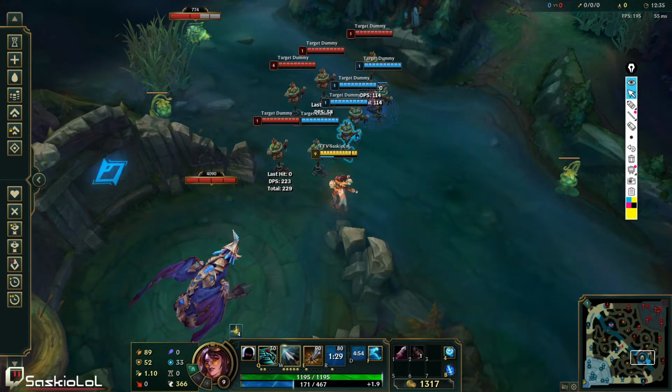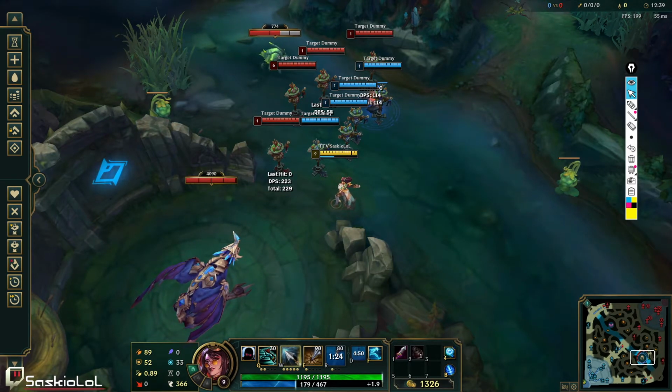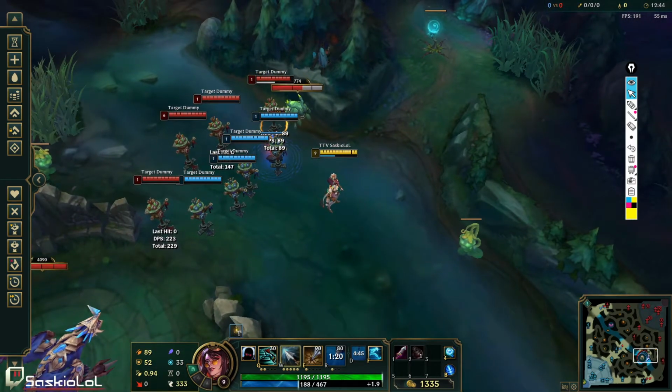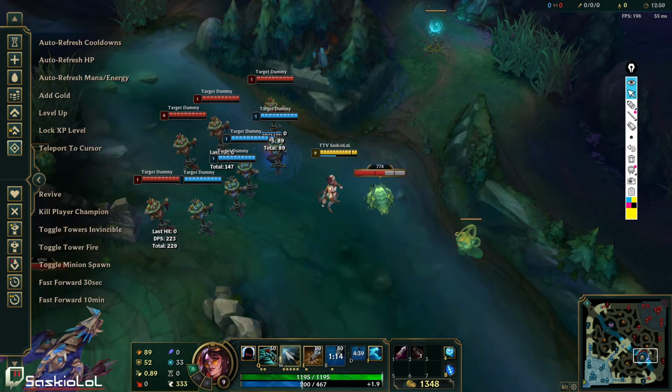Sometimes you'll get unlucky and their ability was on CD for 1 more second. Then you flash and then you get hit by it. You look kind of stupid, but for the most part, right when you show up, people will probably try to use their biggest abilities on you. So keep that in mind if you ever do a blow-up play in ADC. So yeah, that was my team fight spiel.